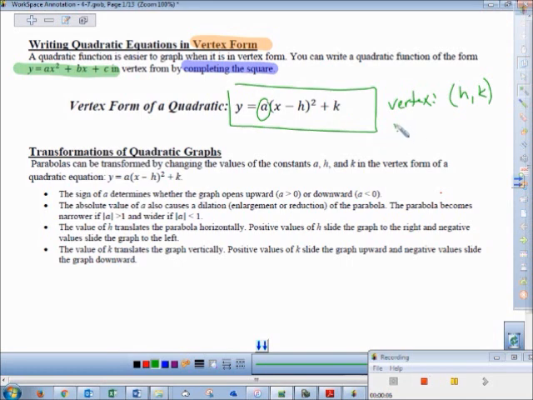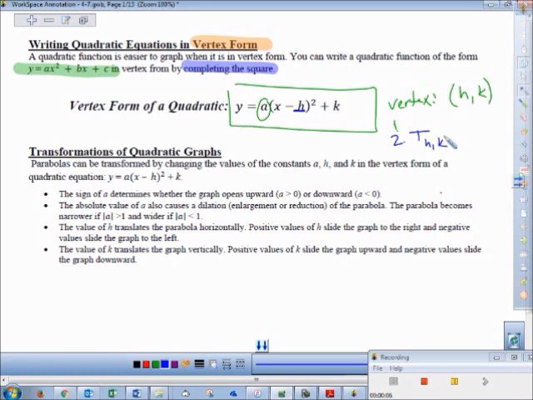That's step one, openness, if it gets reflected over the x-axis or not. It's all about the a value. Step two, if it's in vertex form, the translation will be h, k, because isn't it the opposite of this guy, which says negative h? So that would be positive h. So it moves left or right this amount,